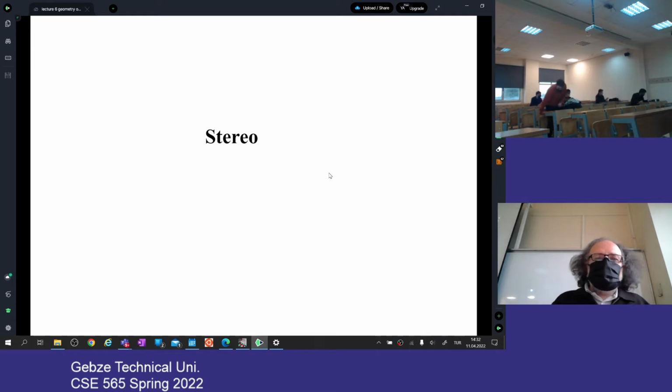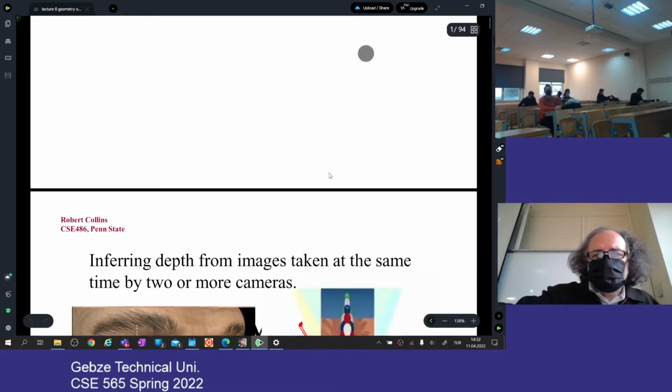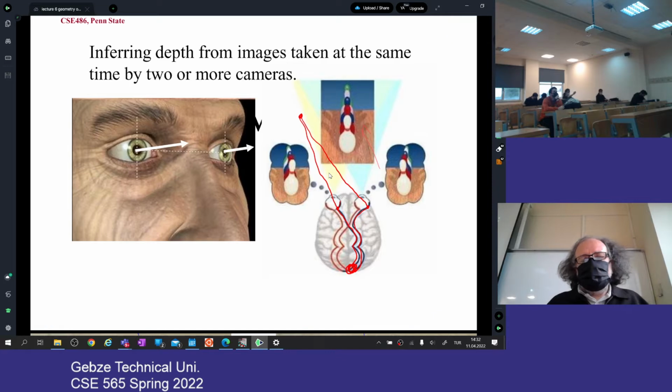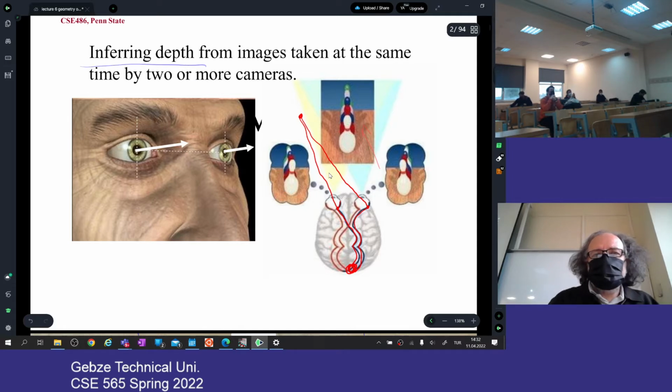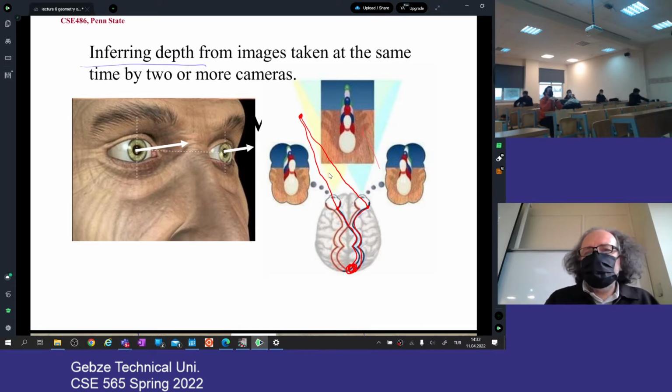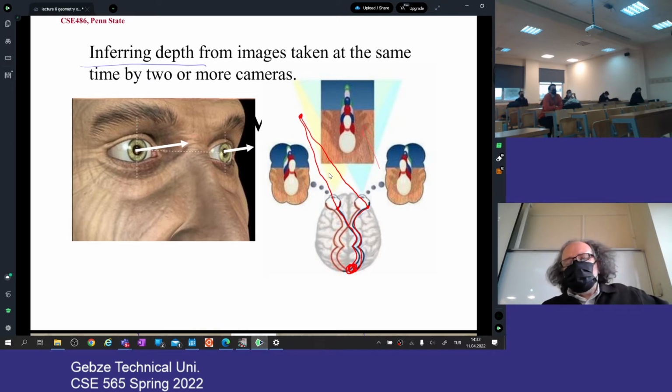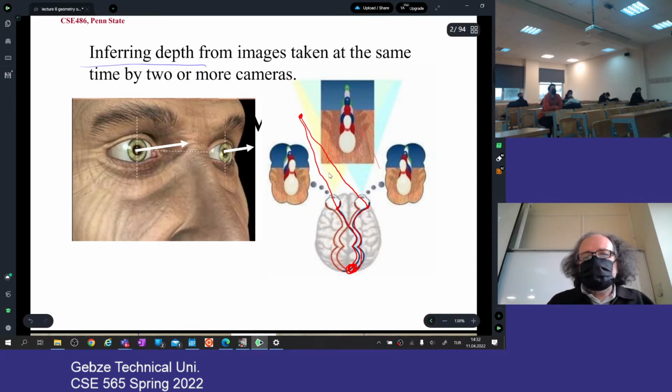So last time we started talking about stereo, and we said that stereo means trying to estimate the depth from images. Of course, our images are two-dimensional images, regular intensity images. But this time we are going to estimate depth from images taken by more than one camera from different viewing angles. Just like the human eyes,